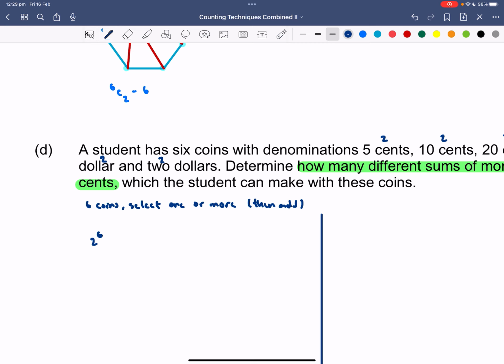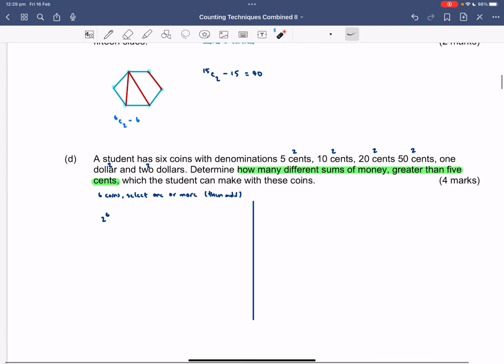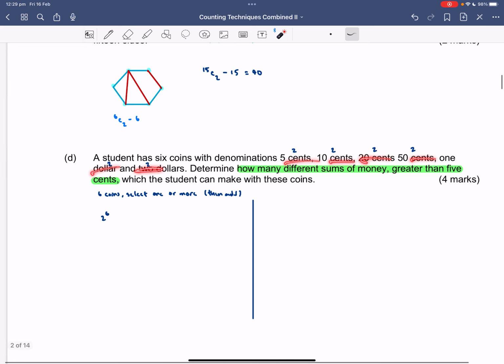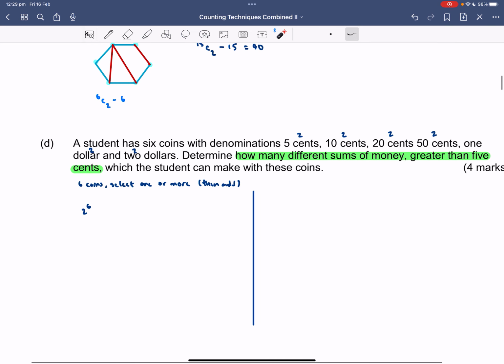And the $2 coin, yes or no. So basically what I'm saying is you have a total of 1, 2, 3, 4, 5, 6 choices. You have a total of 2 choices that you have to make a decision 6 times. 6 times you have to make a decision between 2 choices. Alright, the other way you could have done it is you could have said that, alright, from 6 I choose